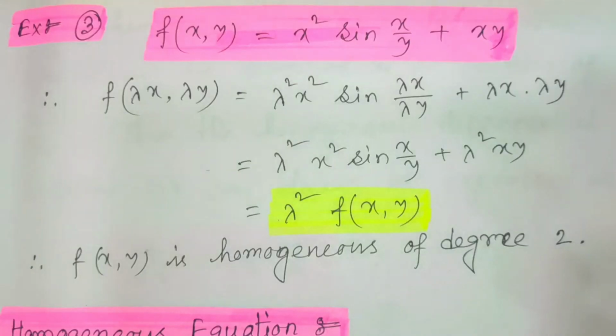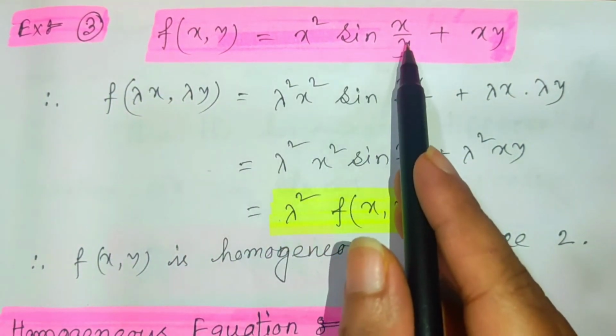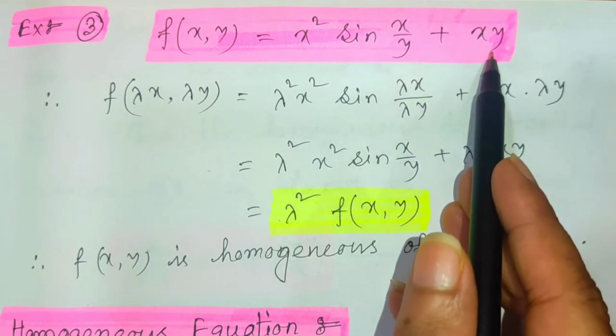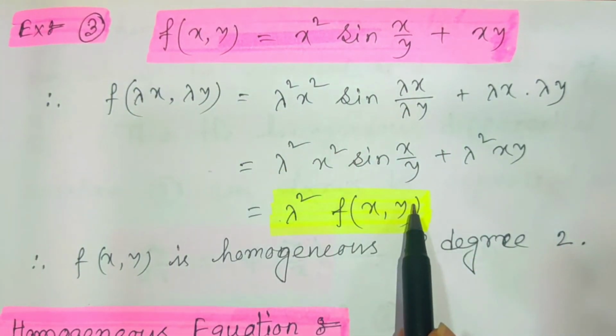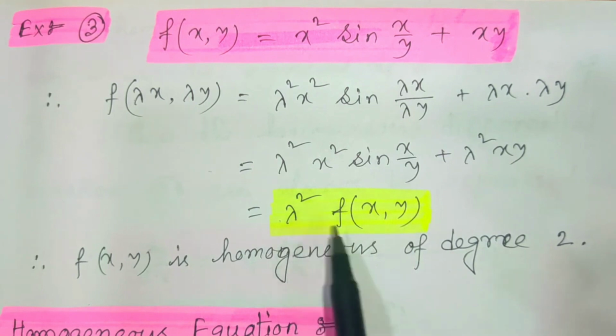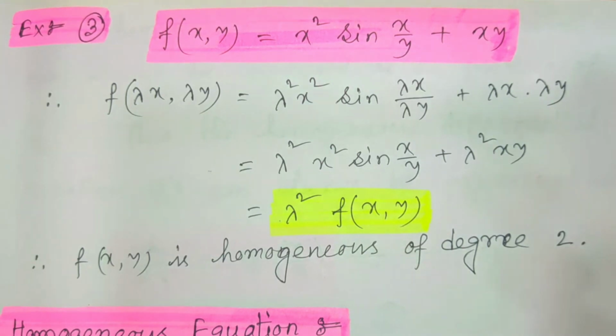So, one last example for the homogeneity test. f of xy equals x square sine x by y plus xy. Again we substitute x for lambda x and y for lambda y and simplify. We find here lambda square f of xy. So definitely this one is a homogeneous function of degree 2. In this way we can verify whether the given function is homogeneous or not, and if it is homogeneous,